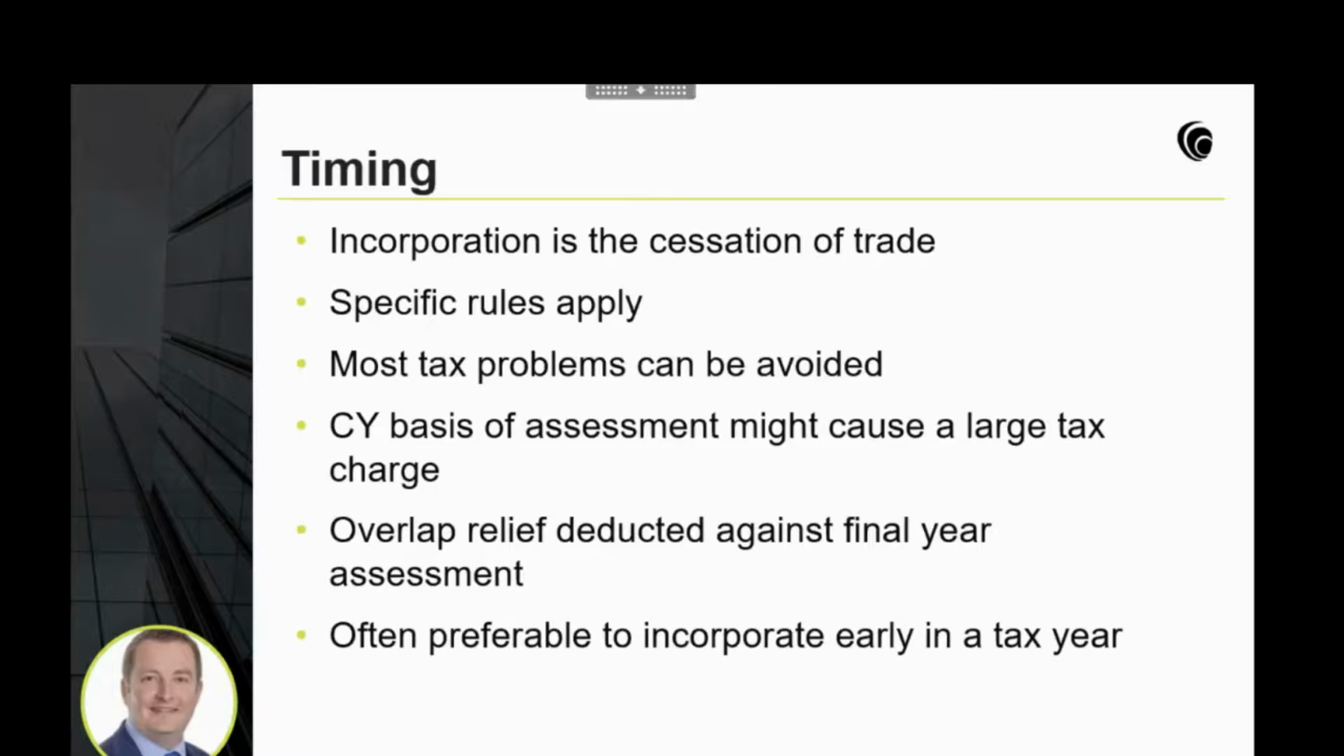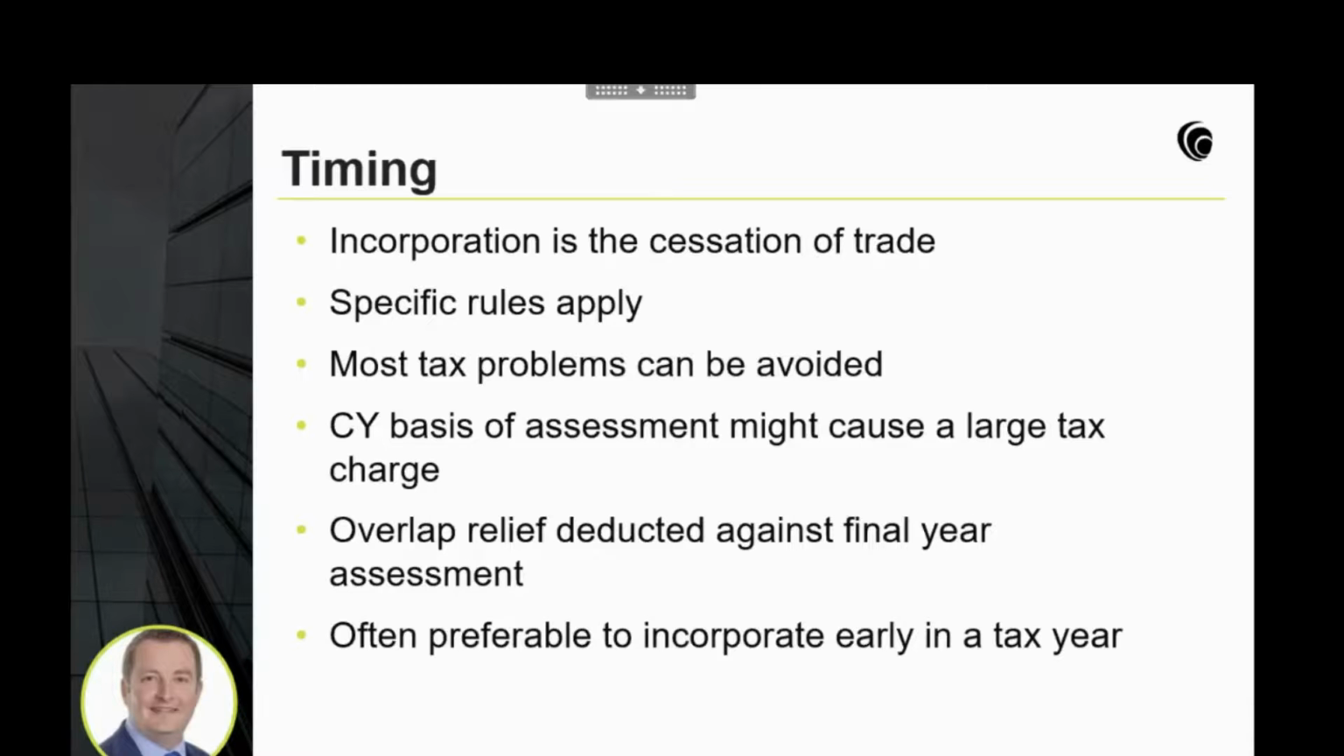These are profits that were taxed twice in the opening years of the unincorporated trade, and these can be deducted from profits in the final period, i.e. the period that the business is transferred to a company. So this might influence the decision on whether to incorporate and when to incorporate. And I won't go into the calculations, but the final point there says that it's often best to incorporate early